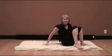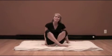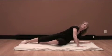And as you roll back up, notice what you feel a little bit more open. So the next pose that we're going to do is called star pose, and this is a nice little spinal twist as well. And so letting yourself lay onto your belly,